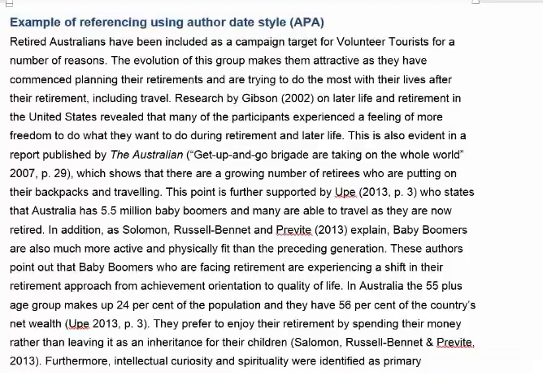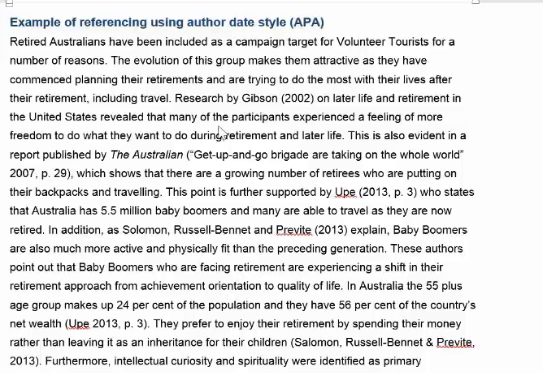So this is an image of my screen now with a portion of an essay on it. You can see that it is actually using author date style, or in this case APA. You may not be using APA, and we'll move on shortly to look at a sample of a footnoting style. What's important for you to note here is the number of citations that are used in this piece of